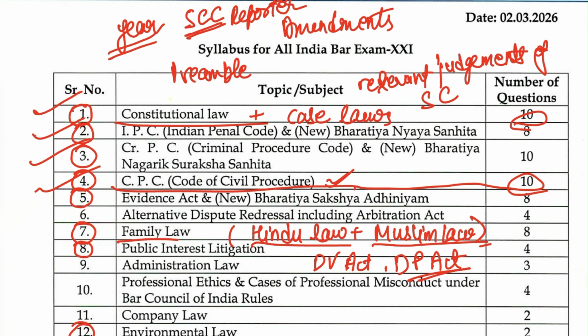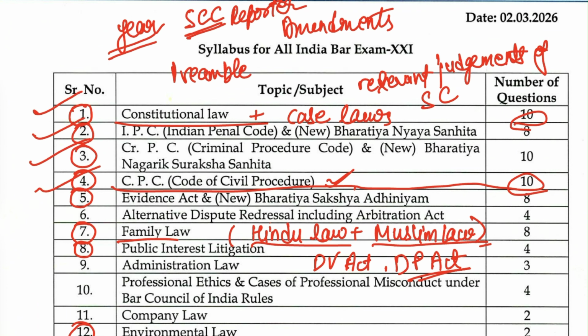So overall, for IPC and CRPC, what you have to do is keep both the bare acts together: the Bharatiya Nyaya Sanhita, the new one, and the IPC, the previous criminal law. You have to put both bare acts in front of you and make a comparison table. There is not much difference you can find in these two acts. They both are similar, the language is similar, only the section numbers are changed. So if you have the comparison table of these two subjects, they are relatively easier, and you do not have to read each of them individually.